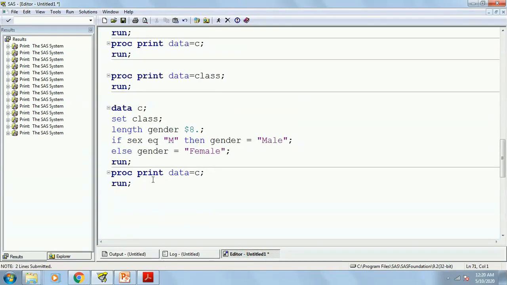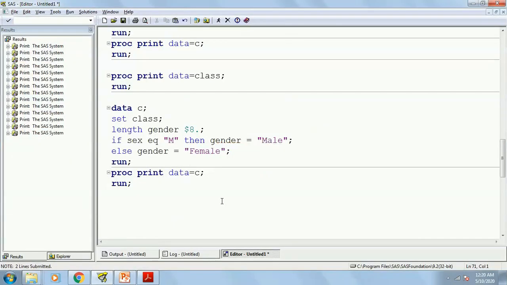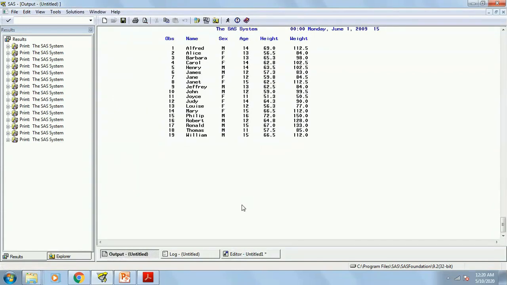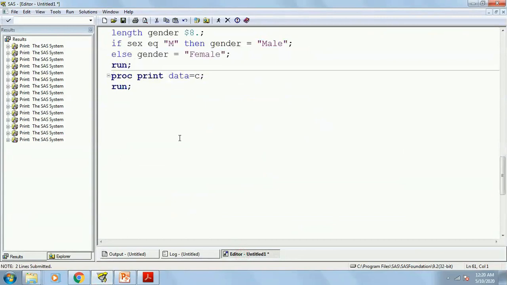Okay, this is how you can create any new column, and you can increase their length. Now suppose what I want to do is, in this data set, if the age is maybe less than 12, I want to name them as young. So let me write it over here. Less than 12, I will call them as young maybe.